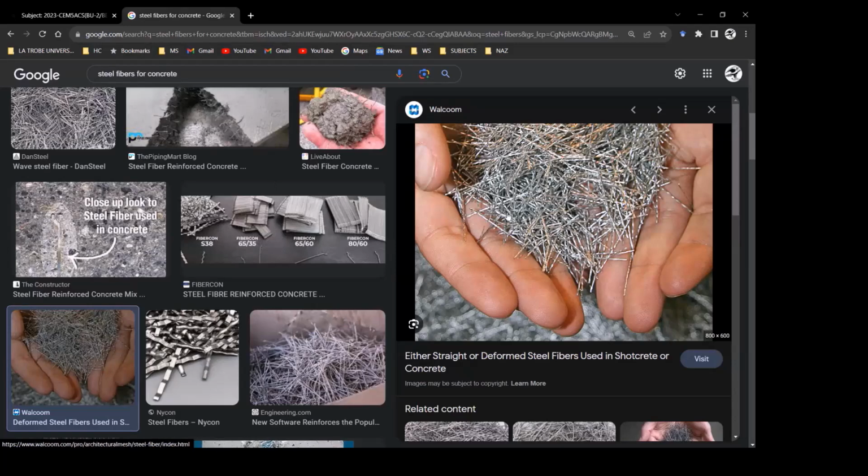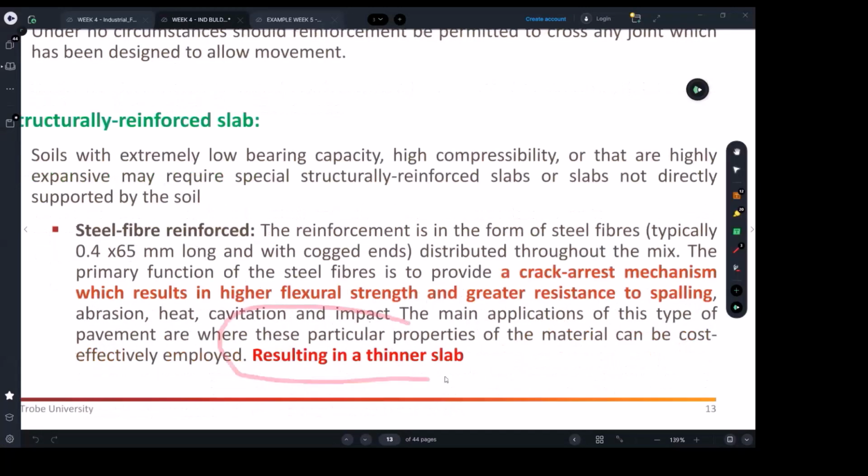Definitely, yes, you can. Some people still use the steel bars and put this in the mix if they need to achieve minimized cracks in their slab. They can use these in their mix. It's going to help a lot, and as it says here, it's going to help result in a thinner slab. So it can help to resist all those shrinkage cracks and help to minimize even the steel quantity